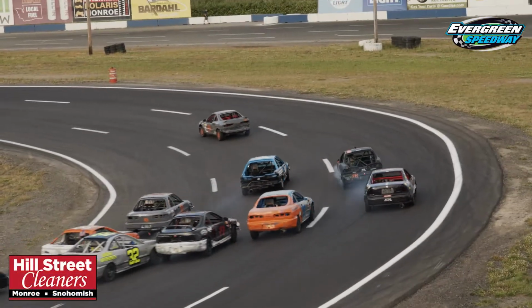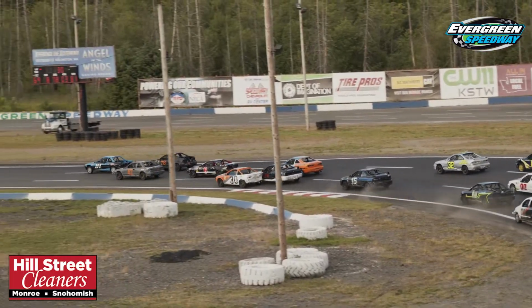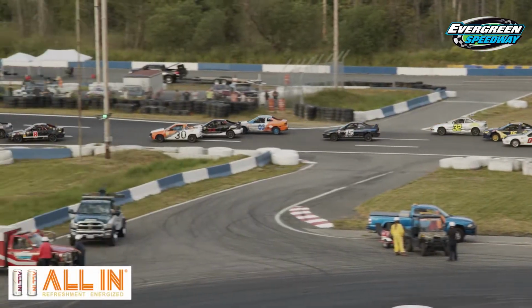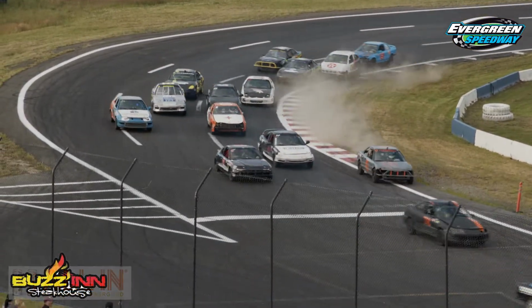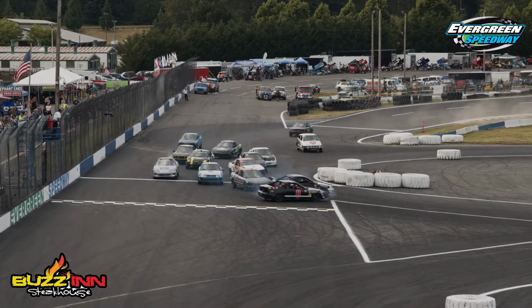We got contact early in this one. The 77 Christian Miller going sideways. It is just carnage early here on this first lap. Now, like we said, it's Hornet racing. Something's going to happen. They're 4 wide. They're 3 wide. They're making a Hornet sandwich to the center of the corner. They're doing some agricultural racing. It's a good time. Yeah, someone needs to tell Damon Claiborne it's not rallycross, as we got Luke Heddle parking it in front of the field,